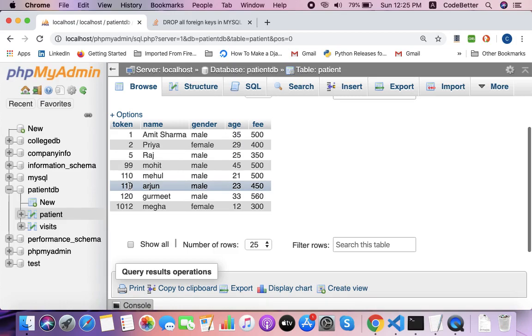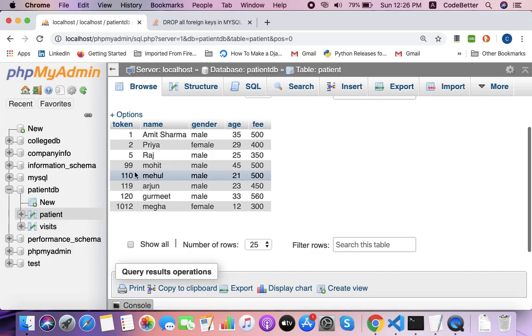To restrict, we need to apply a constraint known as the primary key constraint. Token number is a unique value column, so we make it a primary key. Basically, a primary key is a column whose values are unique and which is used to identify a row in a table. There may be multiple unique columns like phone number or email, but there should be only one primary key. So we assume that token number is a unique column, so we make it the primary key.